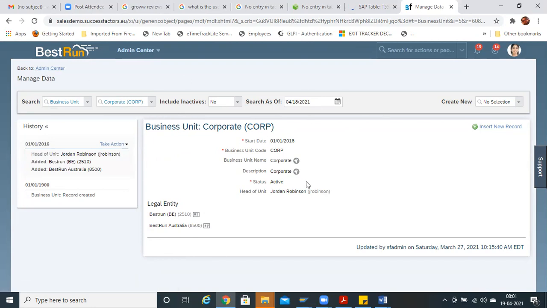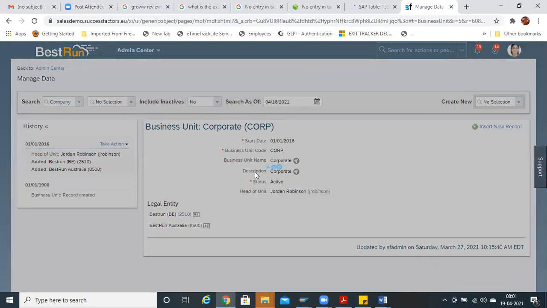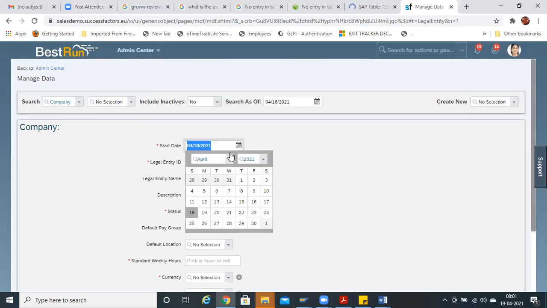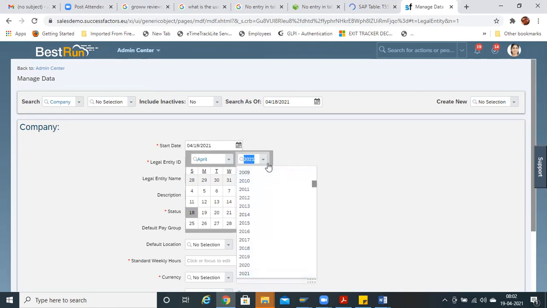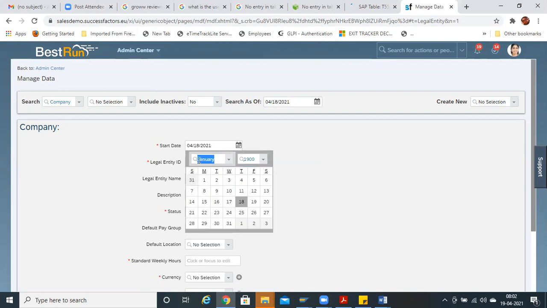Basically users will come and enter the business units, all the org structure, over here. If you want to create any legal entity, for example, just come here and write company, create any legal entity. Start date you can give anything. If you want to predefine the date, then better to give it much back, like 1900 January, if it works on date specifications.